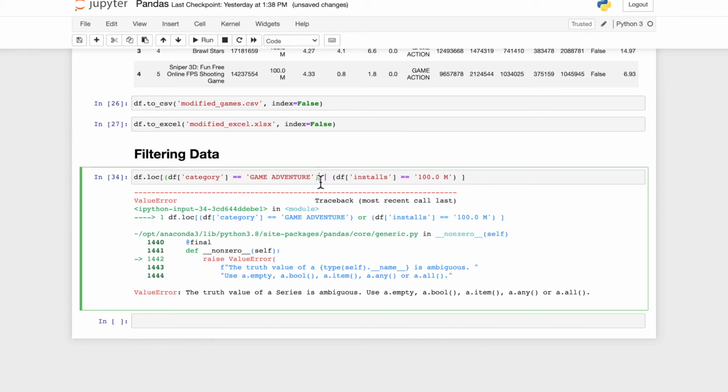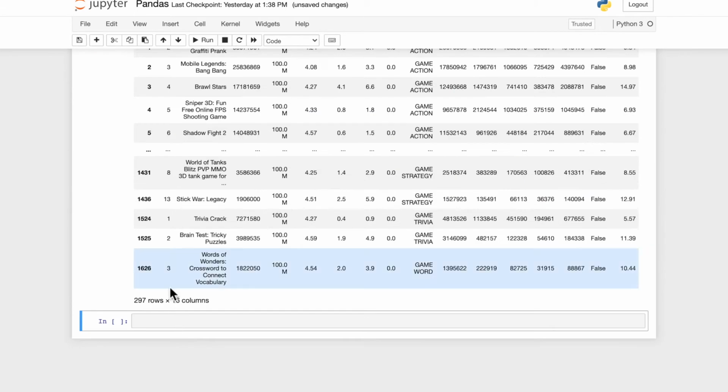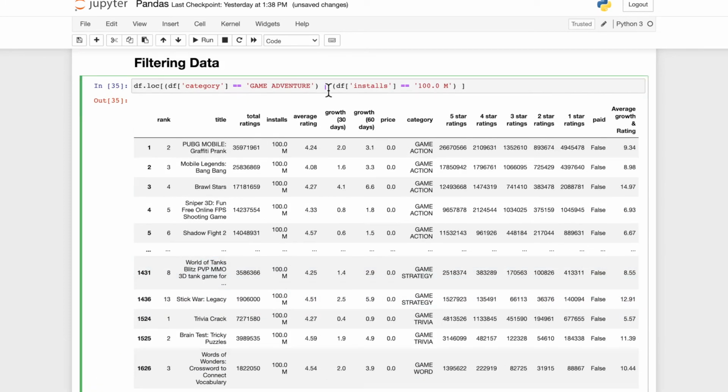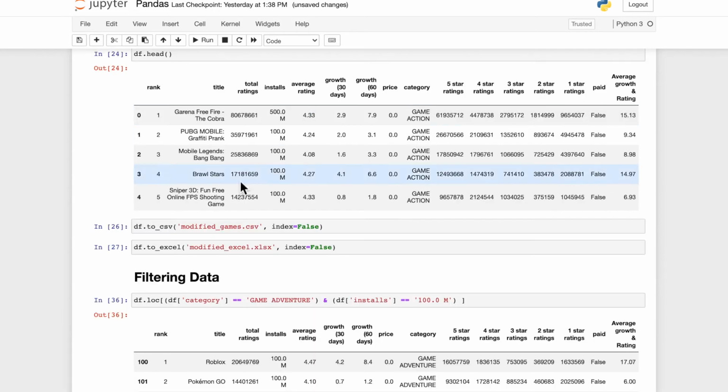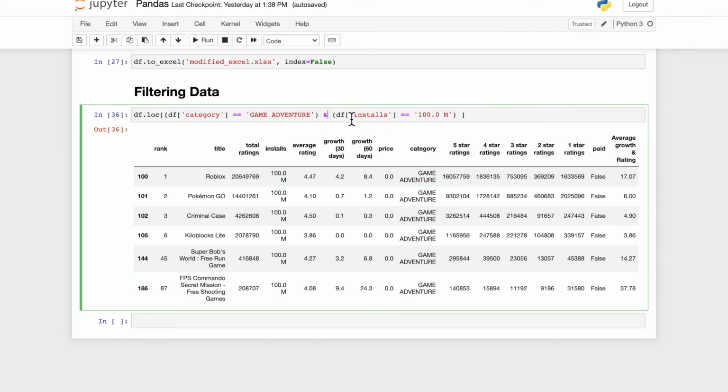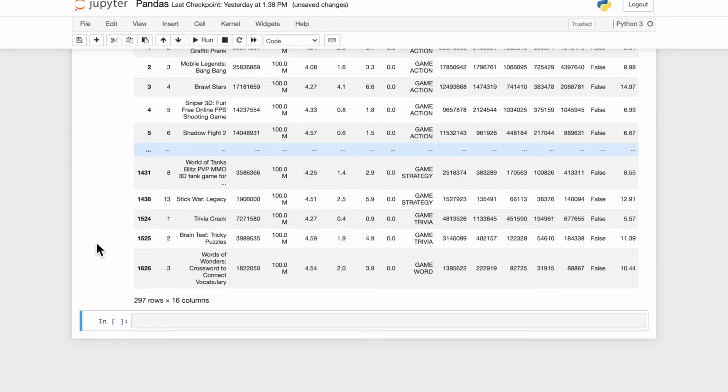if whether one is true, then you're good to go. So here, game and adventure category: if it is a game and adventure, print it, and if its installs are 100 million, then print it. Hit enter, and here you will have 297 games. But if I remove this and add not and here this and then run this, I'm left with only 6 games. But if I just make a small change, making it into OR, then I am left with